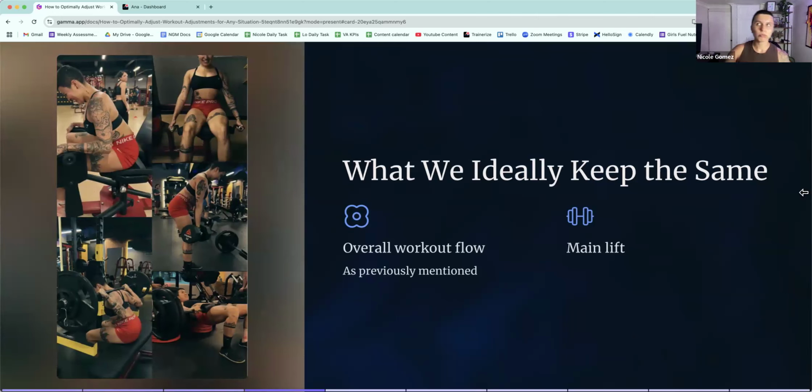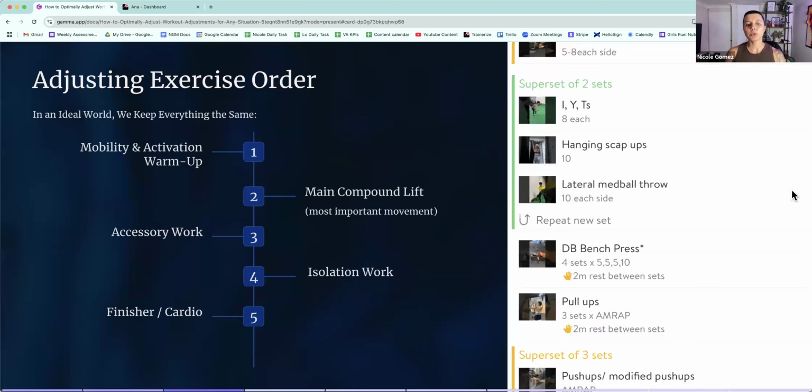So if somebody's taking certain things, you are rushing or you're low on time or whatever the case may be, we want to keep the overall flow of the workout the same. What that means is, I don't want you to be like, damn, the squat rack is not open, I'm going to go do leg extensions and the abduction because that's an isolation exercise. I don't really want you to tire out your quads before you go to the squat, right? We don't want to move it that way.